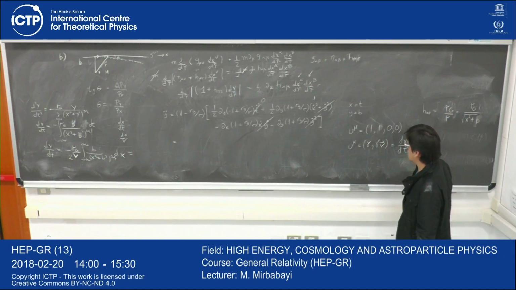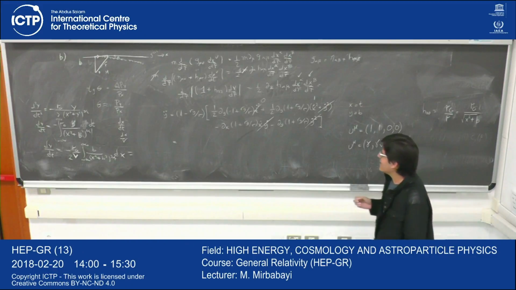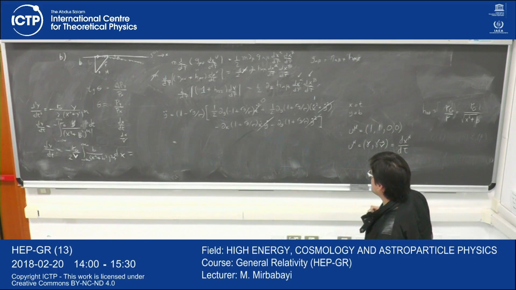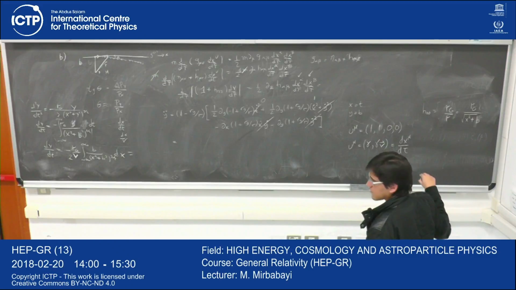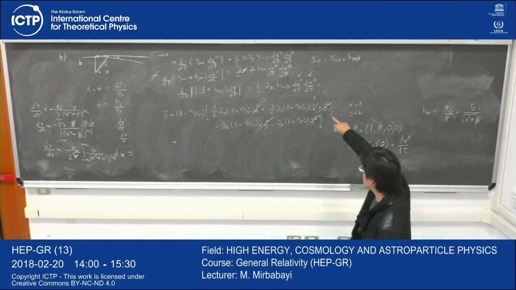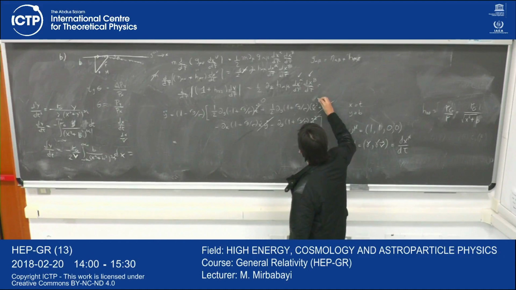Okay, so now it's gamma. Okay. So what is t dot then? Gamma. And what is x dot? Gamma times v. Okay, so there are gamma factors in both. Right. Setting